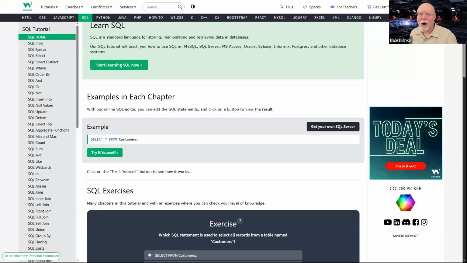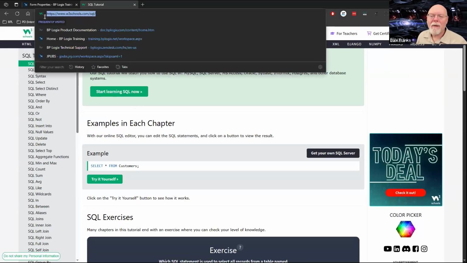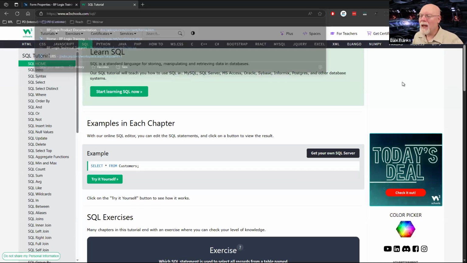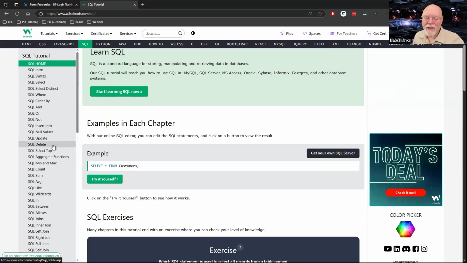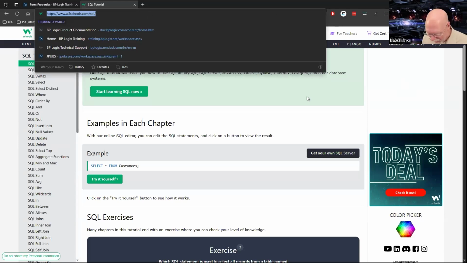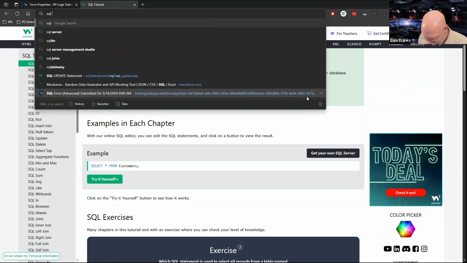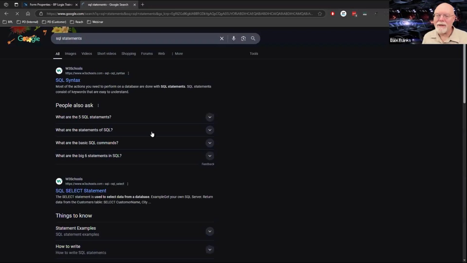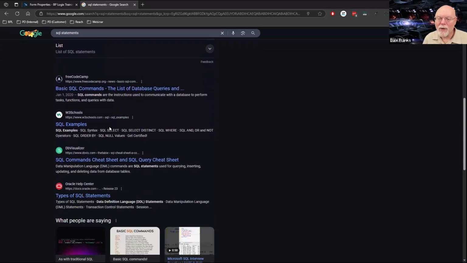Some people often say, hey, well, why don't I just go to Microsoft's stuff? So by the way, this is w3schools.com/SQL. Right there. w3schools.com/SQL. So if you want a little help with SQL, that's a great place to go because the SQL statements are comprehensible. One thing I hate, and this is what people often try to do, like SQL statements. That's W3 Schools. That's cool.